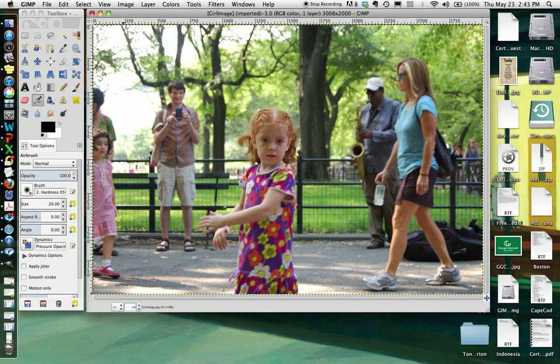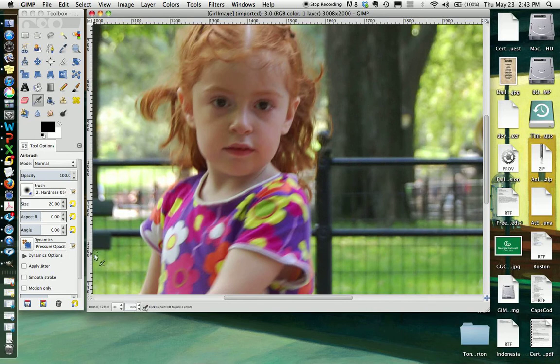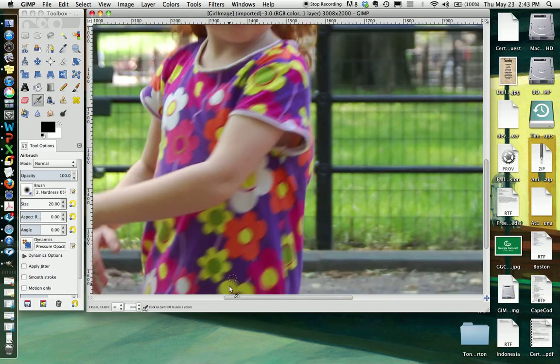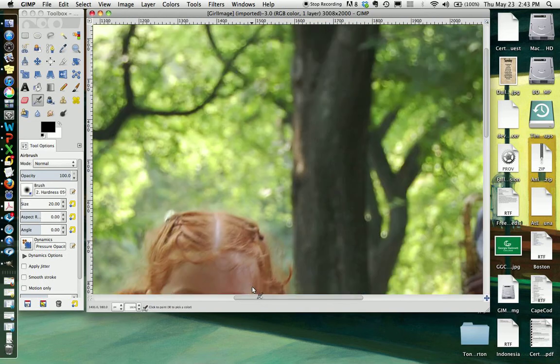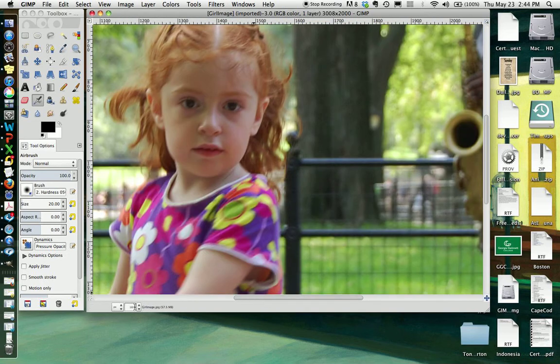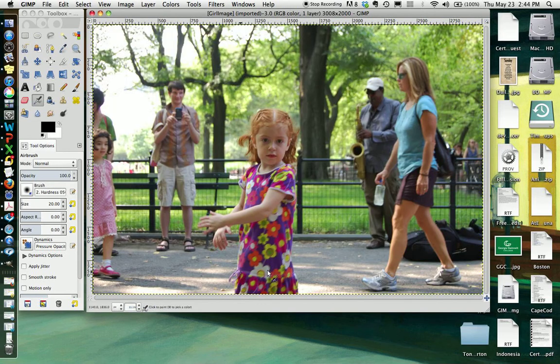So if I change the zoom level to 100%, you'll notice that this is a much bigger image than what you initially saw. You have to actually scroll up and down and left and right to see it. So I'll just go back to the original, the 33% zoom level, so that I can see the entire image.